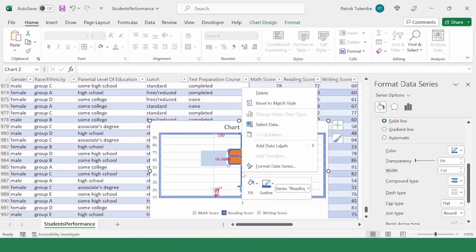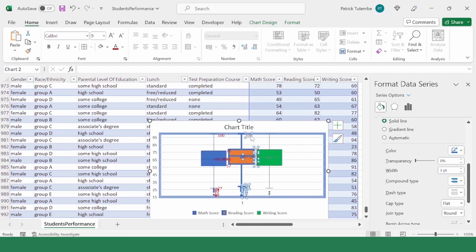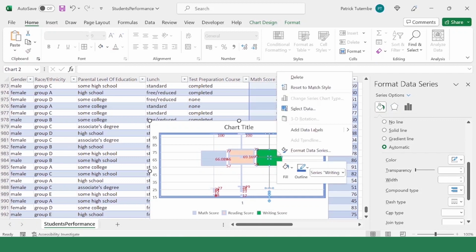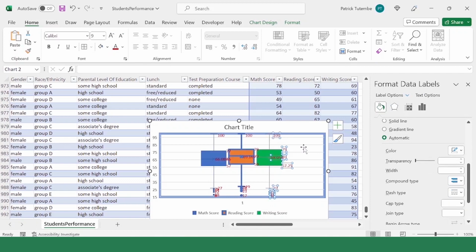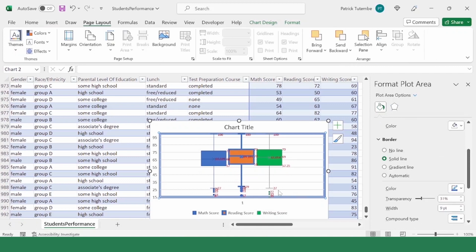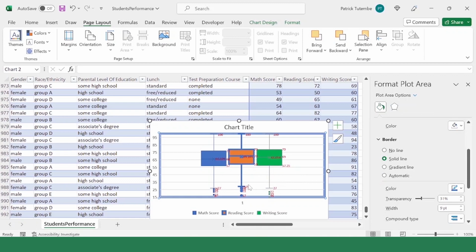Let's input data labels for the other series, and we also highlight the data labels and give them the color red, and we go to the other series, which is writing, and we also put data labels and color them red. So what does this mean? This shows that the minimum for writing is 27, the minimum for reading is 29, and then the median for math is 27. Now, although math